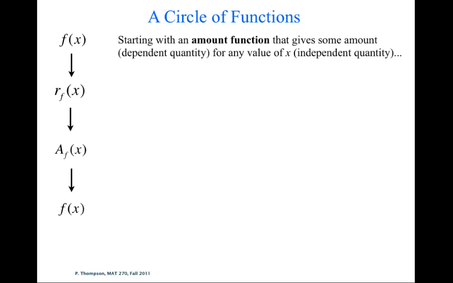So we really have seen a circle of functions. So f of x, r sub f of x, a sub f of x, back to f of x. Okay? We know lots about this, or we should, okay? So f of x, starting with an amount function. It gives some amount, right? That's the dependent quantity. That would be the value of f of x for any value of x, which is